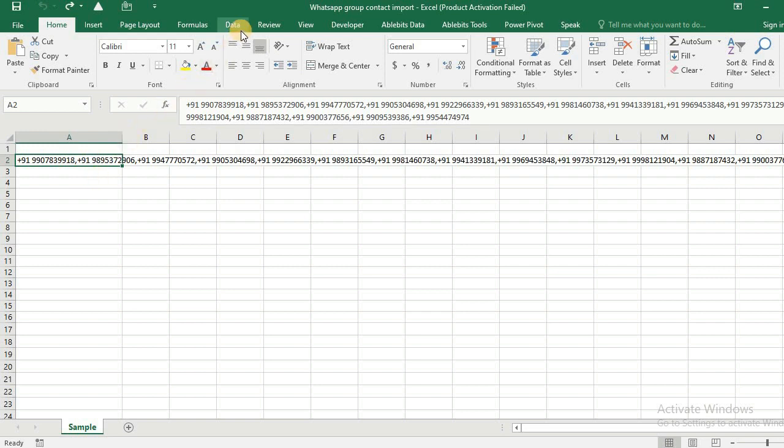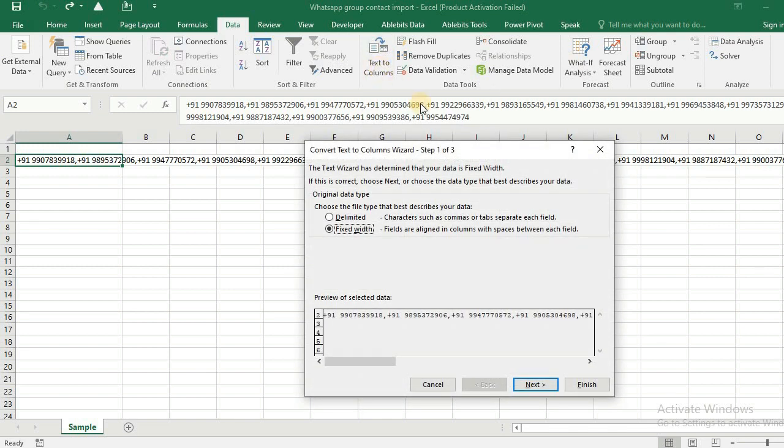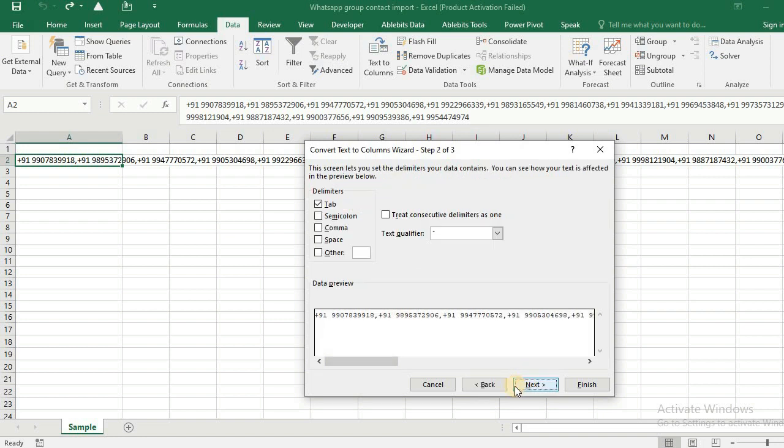We will go to the data menu. Delimited. Next. So if you observe the data properly, every number is separated by comma. So I will set my delimiter as comma and you can see the data preview. All numbers are showing as separated.